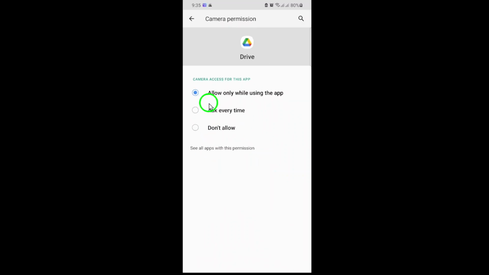That's it. You've successfully allowed camera access for Google Drive. Now, when you use features like scanning documents or uploading photos, the app will be able to open your camera without any issues. If you ever want to change this permission, just repeat these steps and adjust the setting as needed. Keeping your app permissions updated ensures you get the most out of Google Drive while maintaining control over your